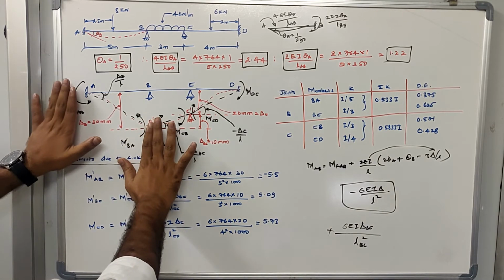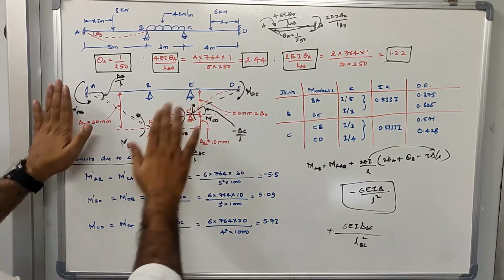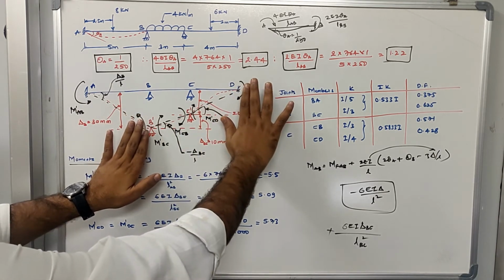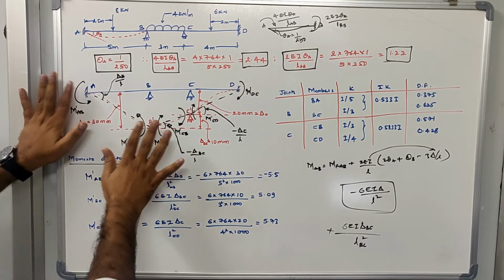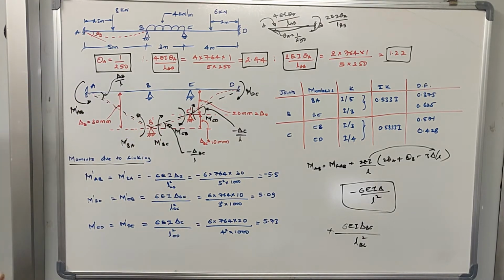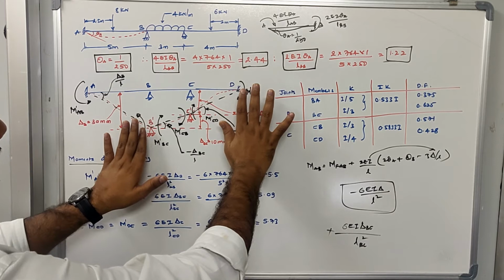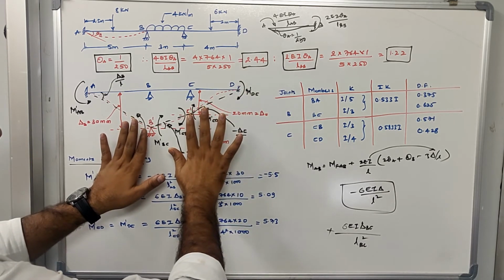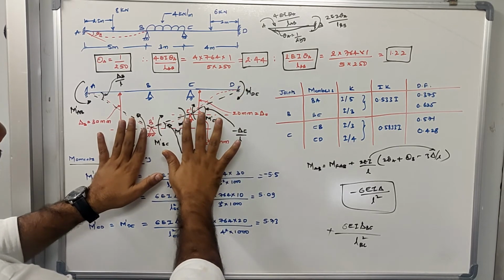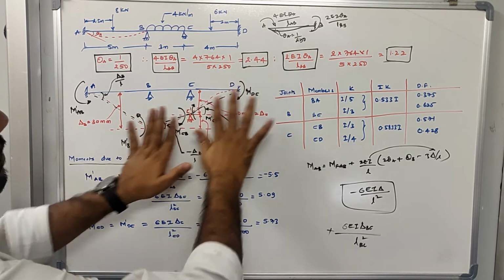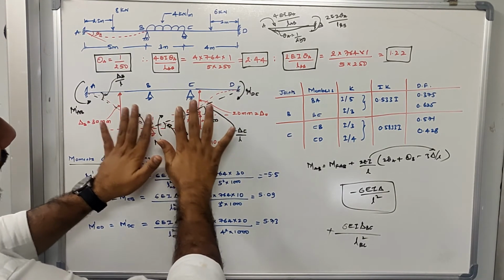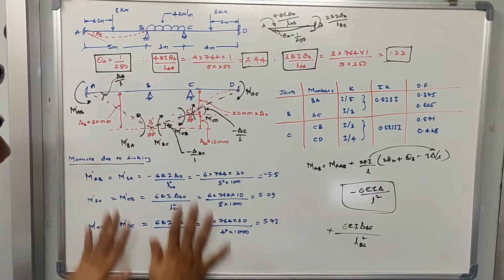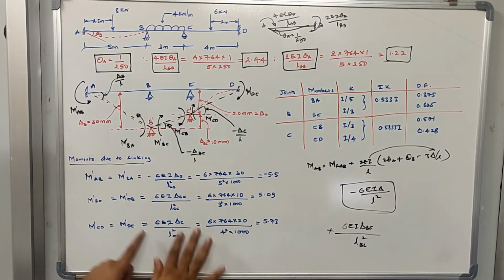In this case, I have divided the structure into two portions, one is the AB portion and the other is the BD portion. Between AB, the only member coming is AB, which will be in negative moment, which is minus 6 EI delta divided by L square. In case of the BD portion, there are two members, BC and CD. If you compare the near end and far end of both members, near end is at a lower elevation, far end is at a higher elevation, hence the moments created due to sinking or translation will remain positive itself. Okay, this is what you need to remember.